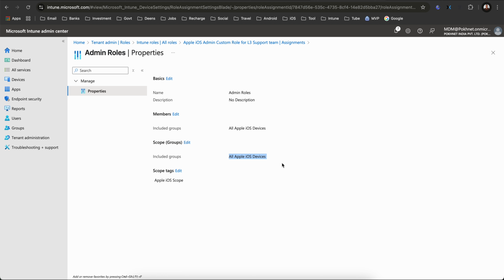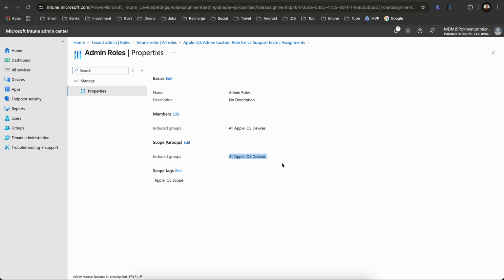If you want, you can create multiple roles, like for iOS I have just done, and different ones for Android, Windows, Mac, and Linux. This is how you can protect your resources so that other admins can't see your resources,